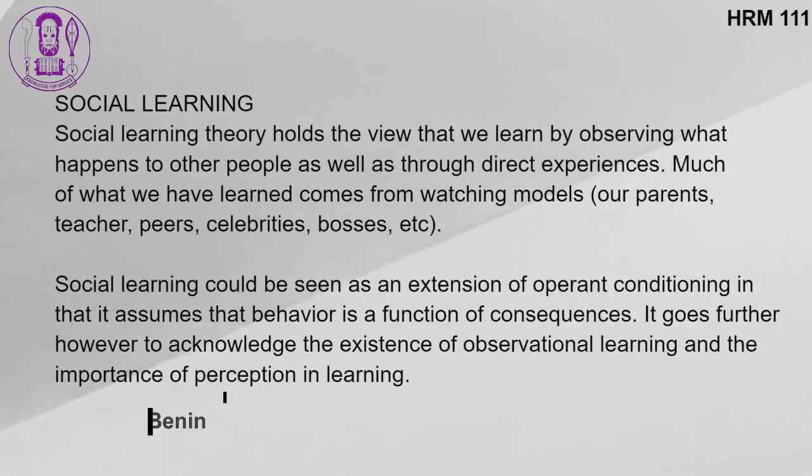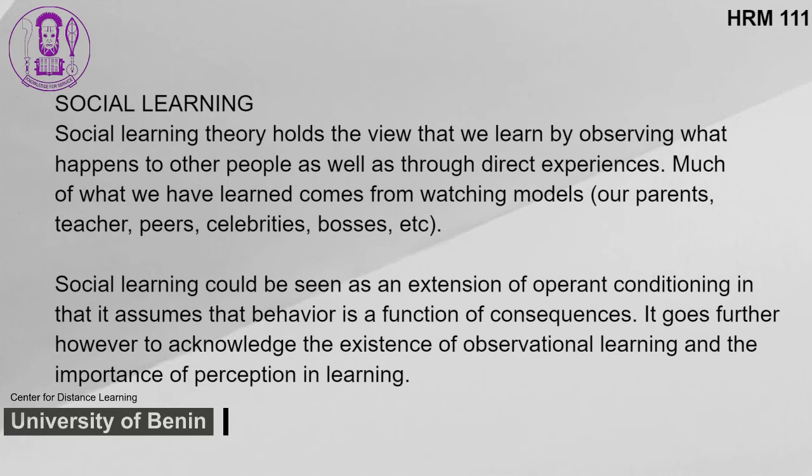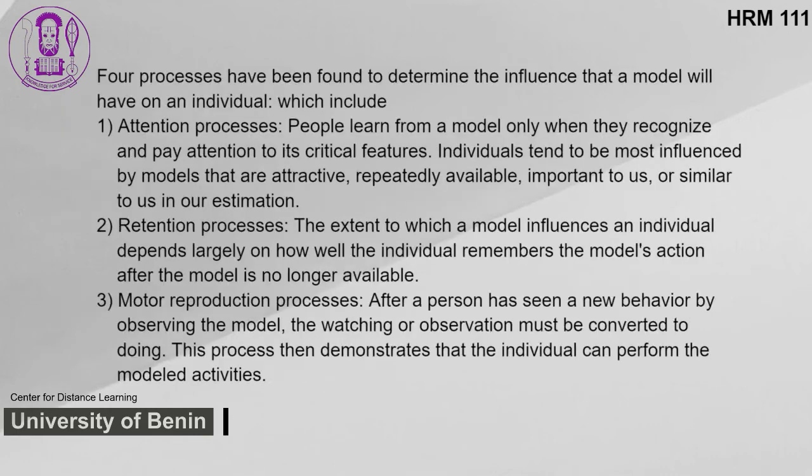Social learning. Social learning theory holds the view that we learn by observing what happens to other people as well as through direct experiences. Much of what we have learned comes from watching models: our parents, teachers, peers, celebrities, bosses, etc. Social learning could be seen as an extension of operant conditioning in that it assumes that behavior is a function of consequences. It goes further, however, to acknowledge the existence of observational learning and the importance of perception in learning. Four processes have been found to determine the influence that a model will have on an individual, which include